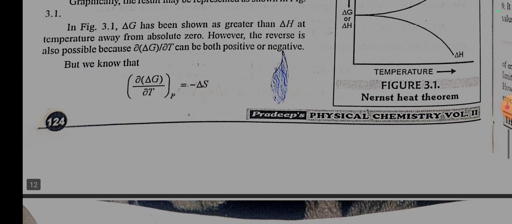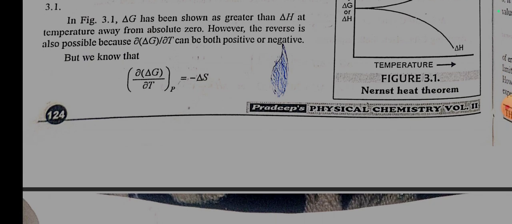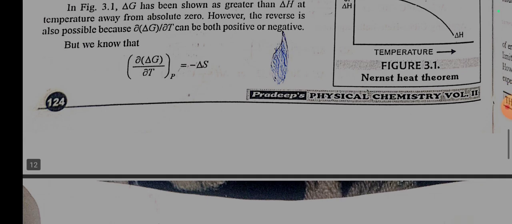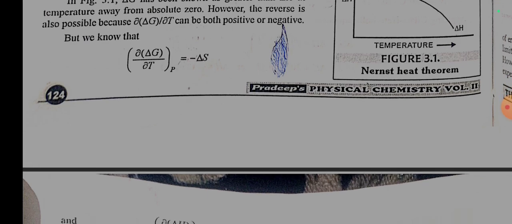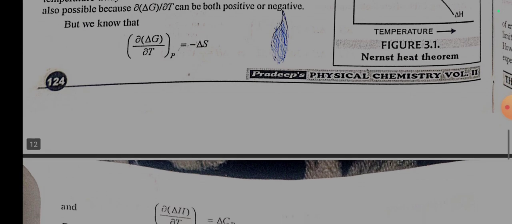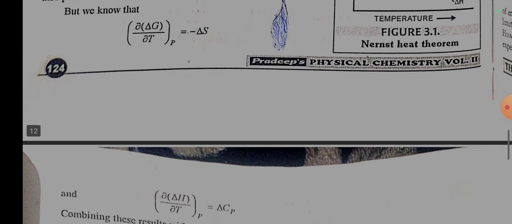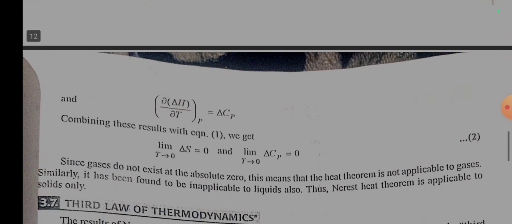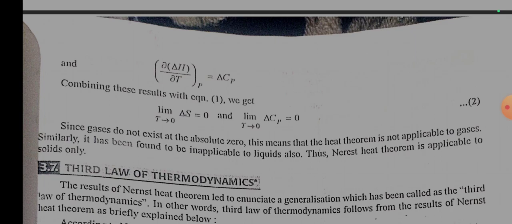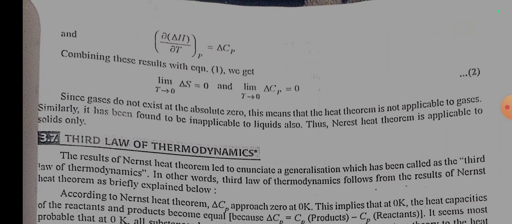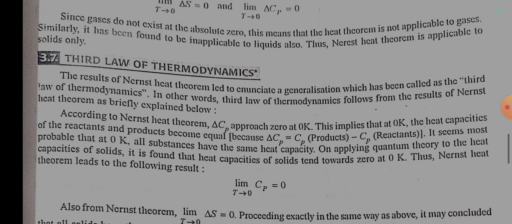Delta G has been shown as greater than delta H at temperatures away from absolute zero. However, the reverse is also possible because delta G upon delta T can be both positive or negative, but we know that delta G upon delta T is equal to minus delta S and delta H upon delta T is equal to delta Cp. Combining these results with equation 1, we get,